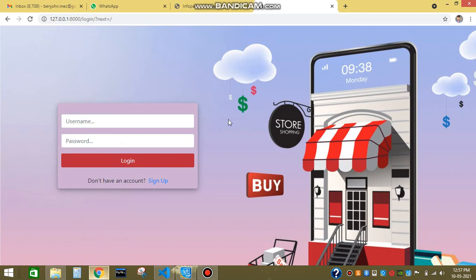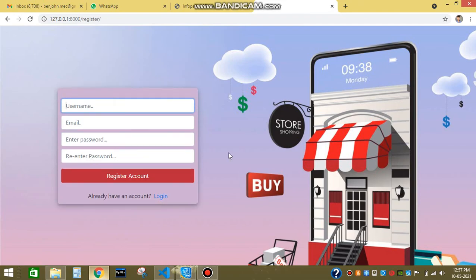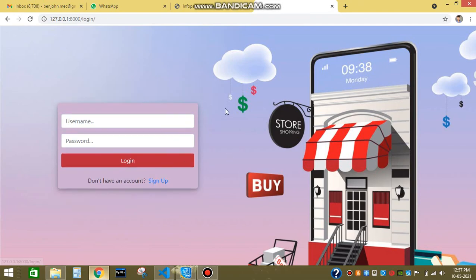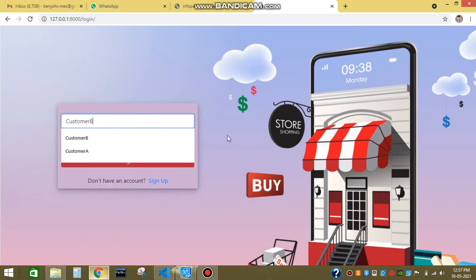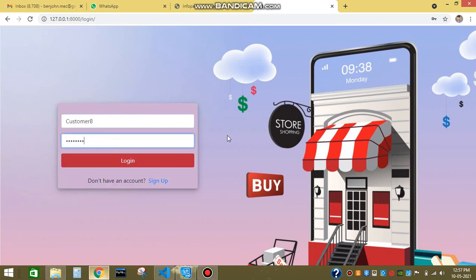So this is the home page of this web application. So basically, this is a website through which a user can purchase mobiles. So it's basically an online mobile store. A user has to register in order to log in. So first he has to register, and I already have a registered user with me, so I can log in with that customer. So let me log in using this customer.